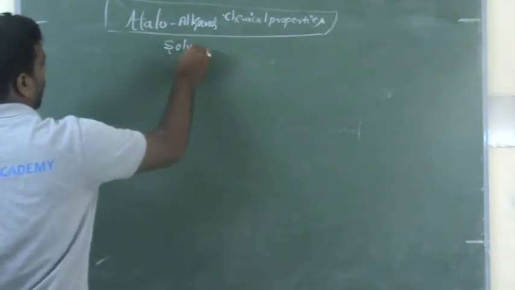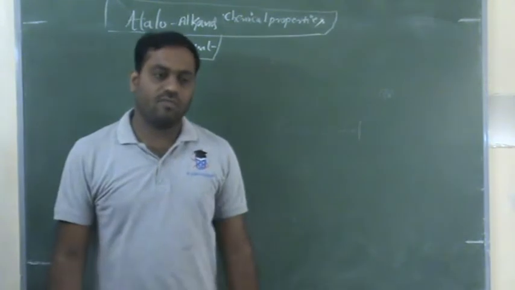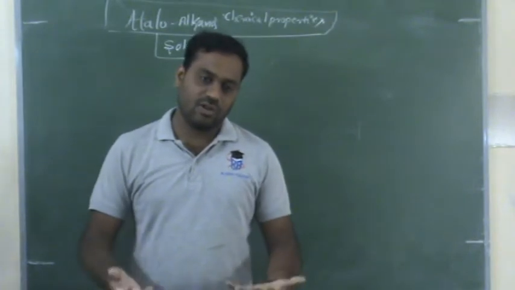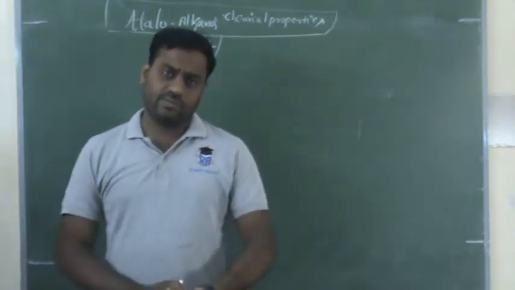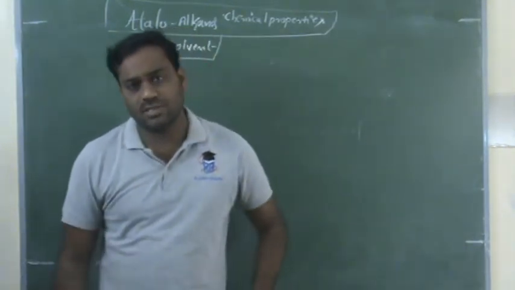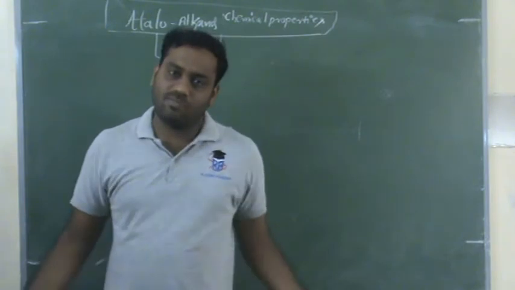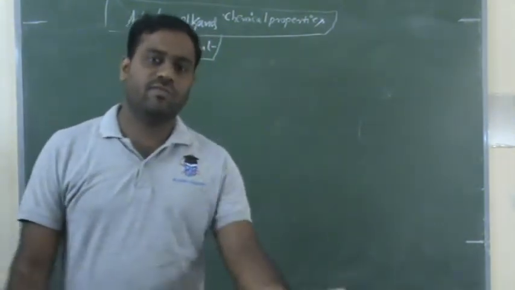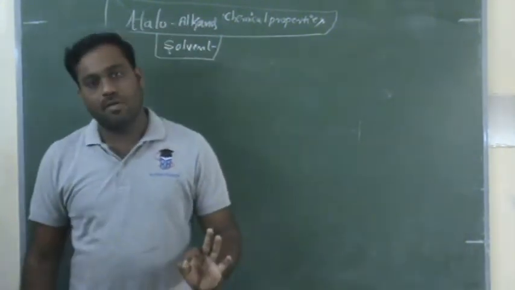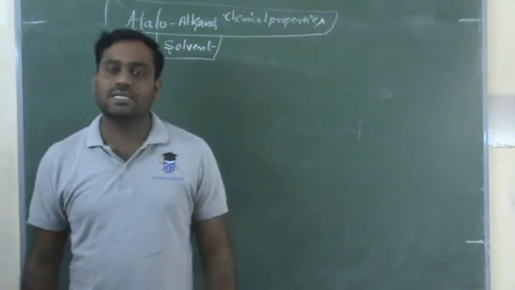See, there is a solvent. What is the meaning of solvent? In the reaction mixture with reactants and reagents, there is one liquid, one chemical, which we are using in a large quantity. Suppose one chemical reaction is going on, A plus B is reacting. That A plus B we are taking in one liquid which is always present in larger quantity. Suppose it is some X, that X we take in larger quantity. That, which is involved in the chemical reaction, we call a solvent.